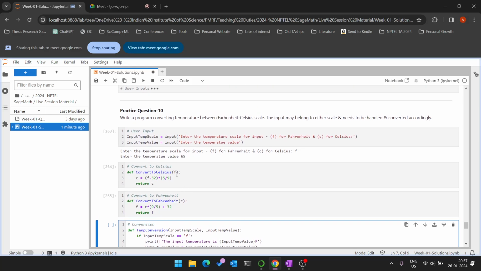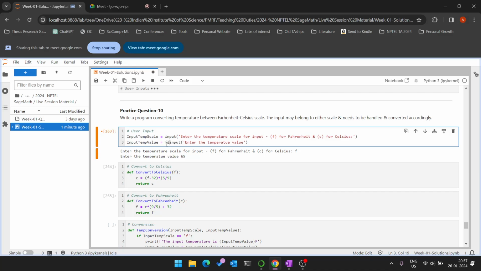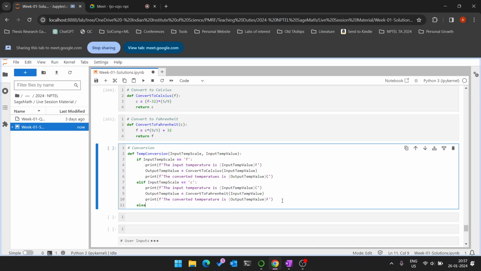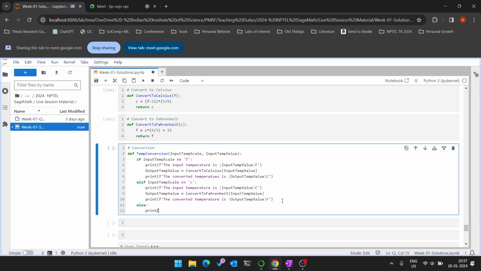This is because our input temperature scale can take any string as an input, and I'll also have to modify the input temperature value. But our input temperature scale can take any input, any string as an input. It may not necessarily be F or C. So that is why I'm putting elif, because what this would allow me to do is print a simple statement at the end which states